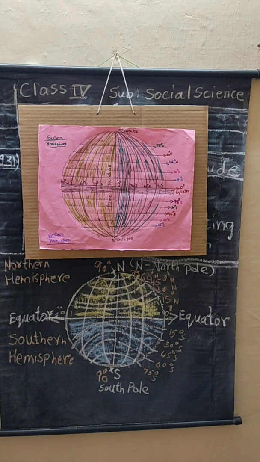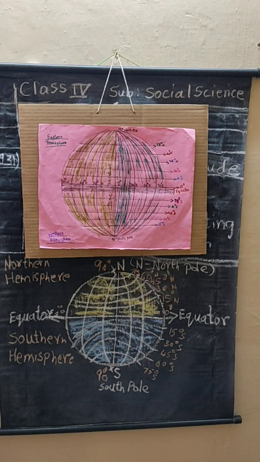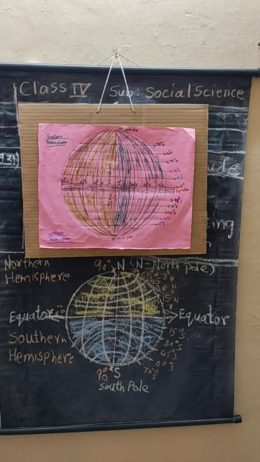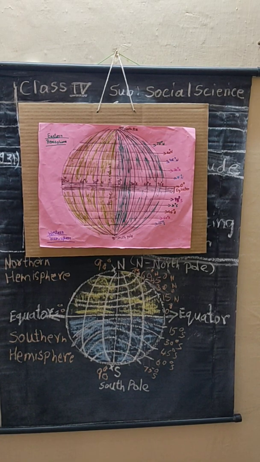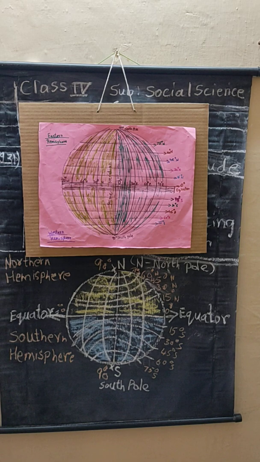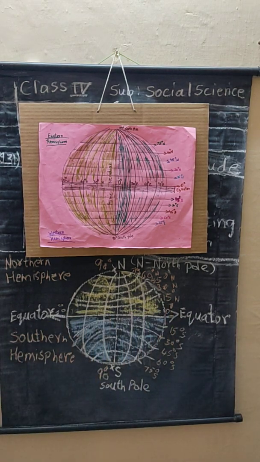Now the lines of longitude are imaginary lines. These lines help us to know the east and west direction of a place. East and west side, both this side and that side we will come to know. Okay, you know north, south, east and west, both the directions which we have learned. All places located on the same longitude will receive light at the same time. From here, the light is received at a time. All this. Okay.